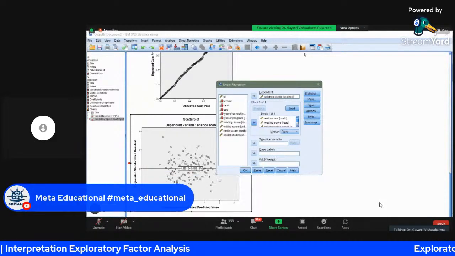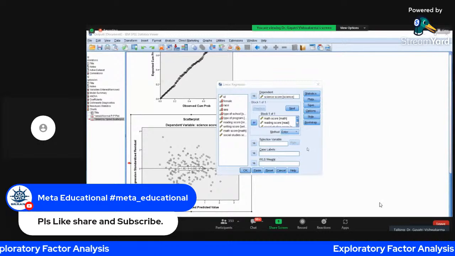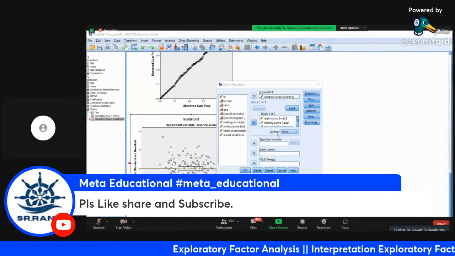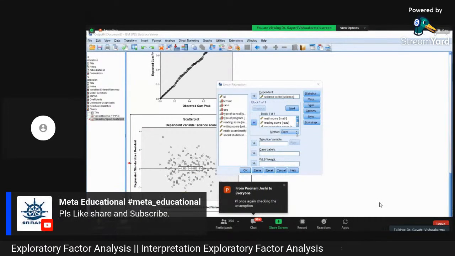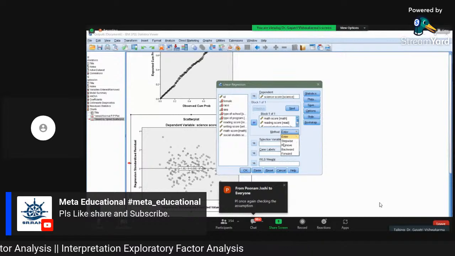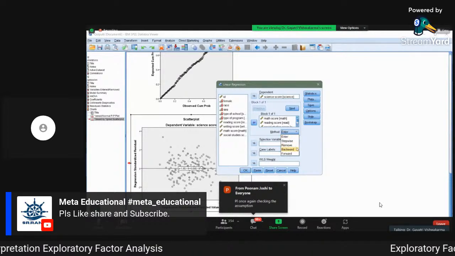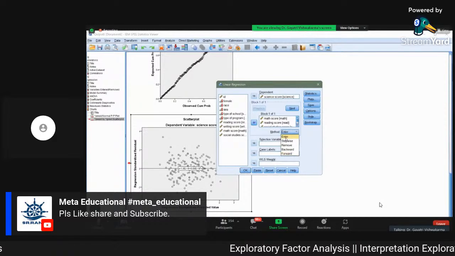people were asking about the enter method. Now, in the last couple of slides, I explained the method. Inside the linear regression, again, there is a method. Now I'm clicking here. If you are able to see, you can see stepwise, remove, backward, and forward, and enter. I have not explained the enter method. Why have I not explained?